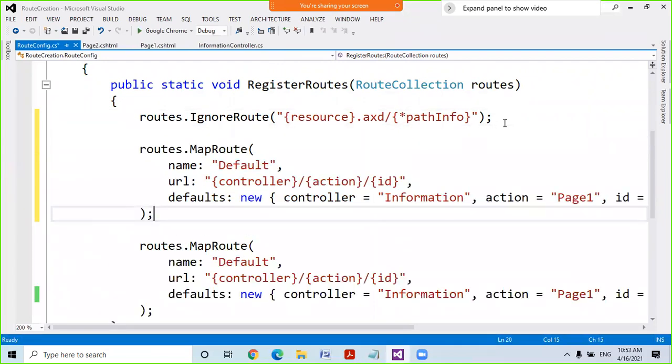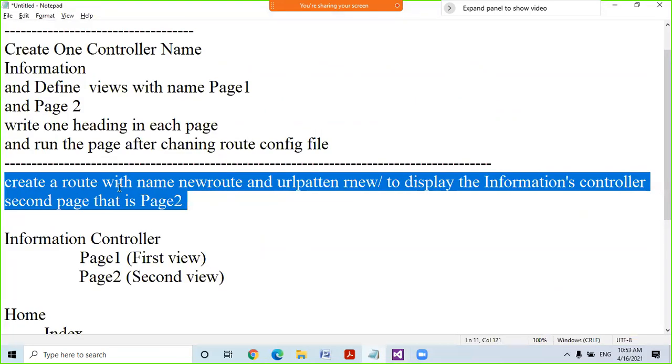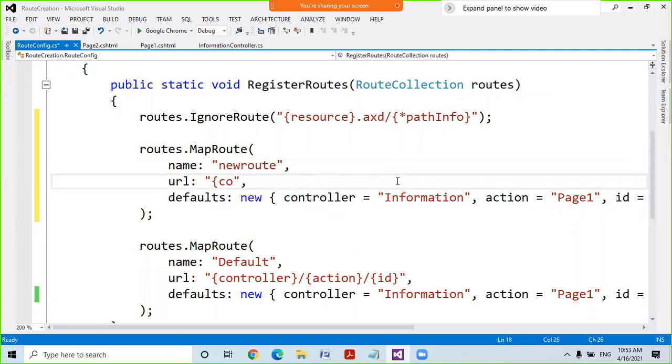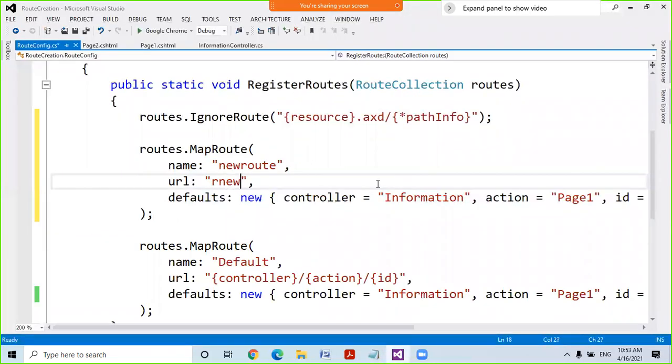Very important work we are doing. And what is the root name? The root name is given in the question: create a new root, new root, N-E-W, new, R-O-U-T-E. All right. And what about the URL pattern mentioned in the question? I just want to delete all this URL. And the URL must be rnew slash. तो rnew slash. ओके,